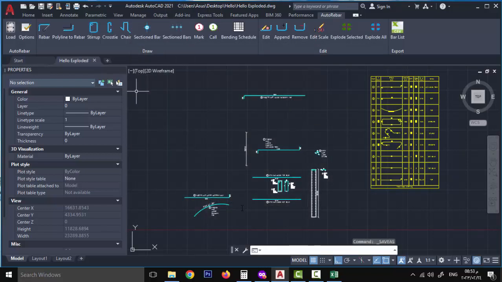I click enter. So this is how you use every command possible in AutoRebar,